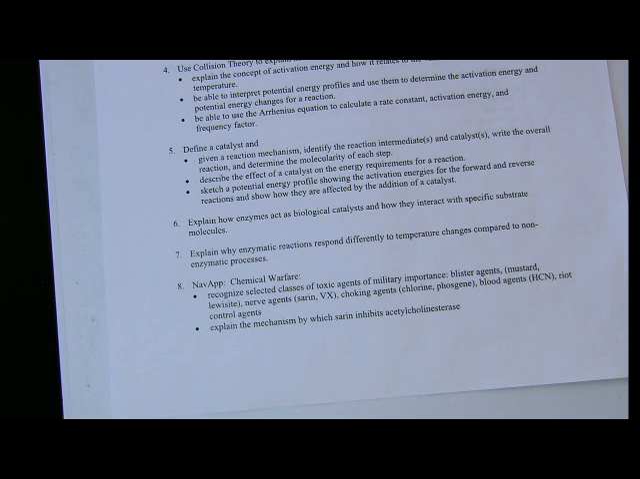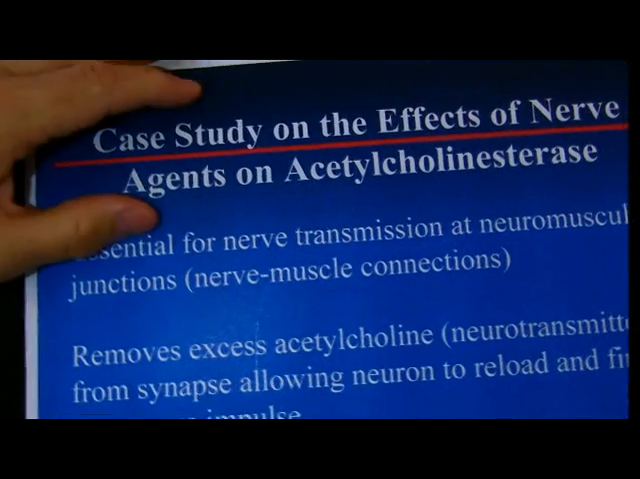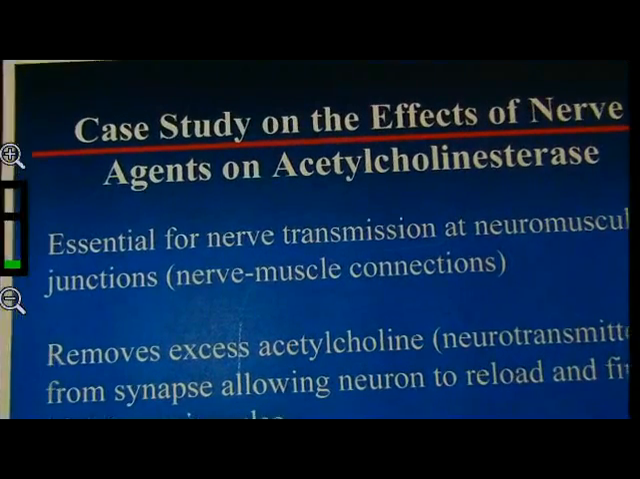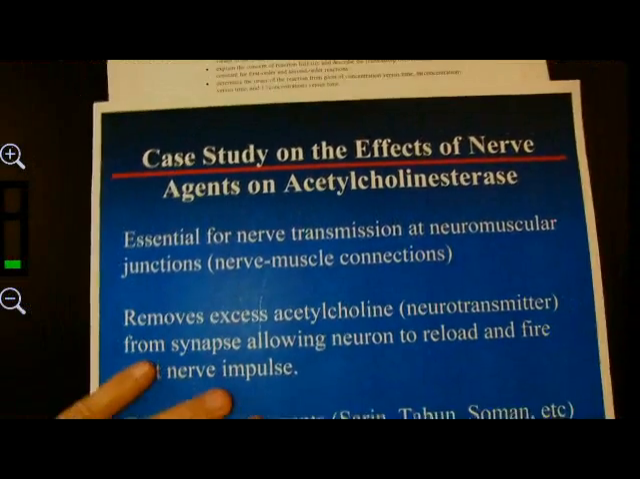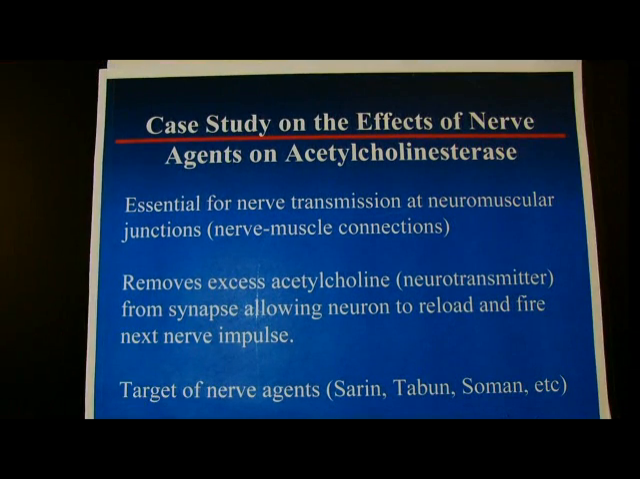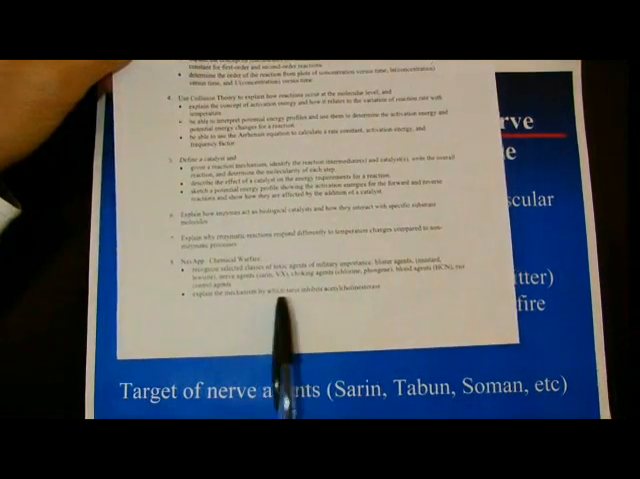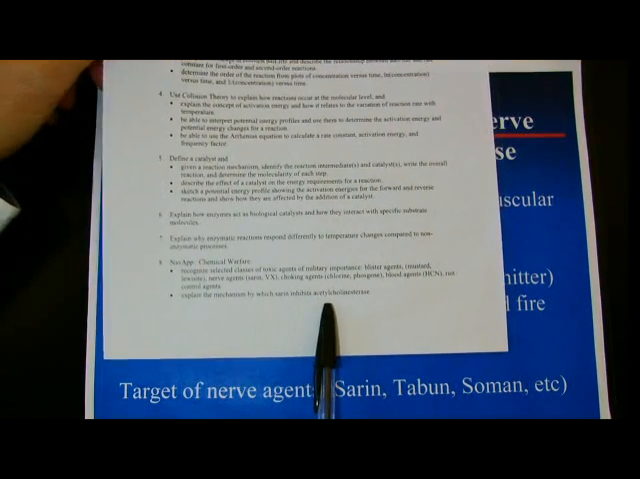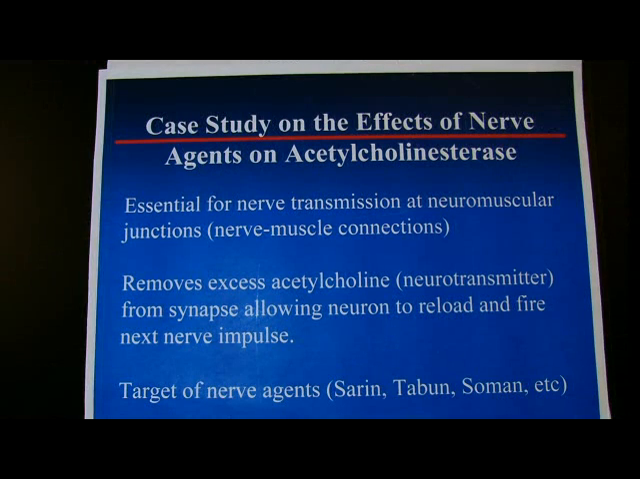So now, as far as the mechanism by which a nerve agent works, I have some transparencies, a case study of nerve agents. And you are responsible for understanding this. That was the very last: explain the mechanism by which sarin inhibits acetylcholinesterase. So does anybody know what